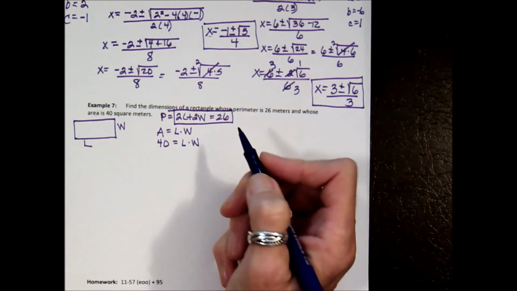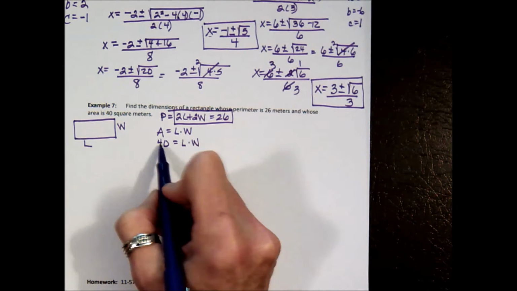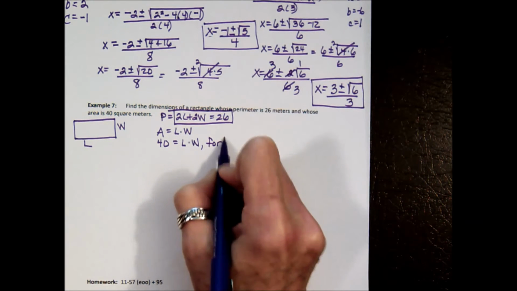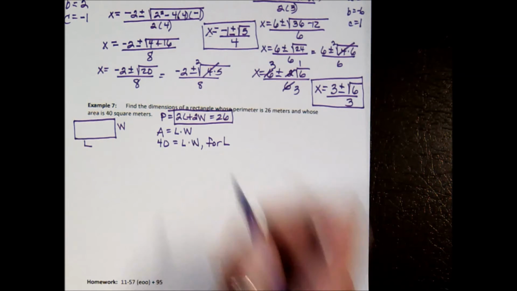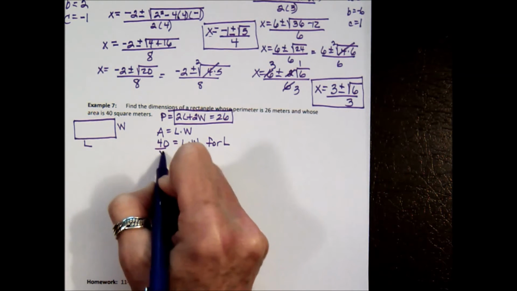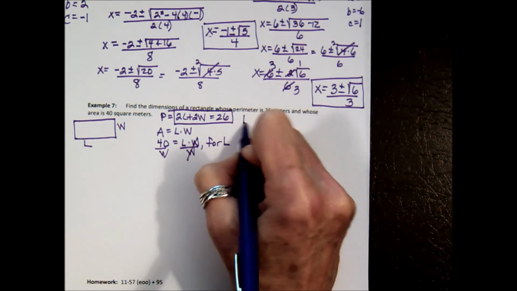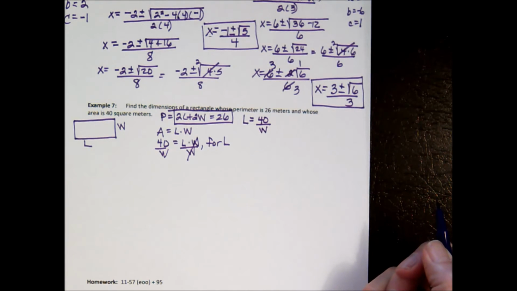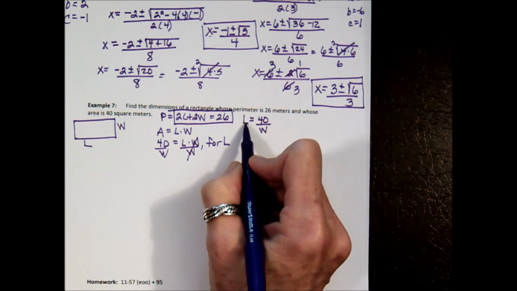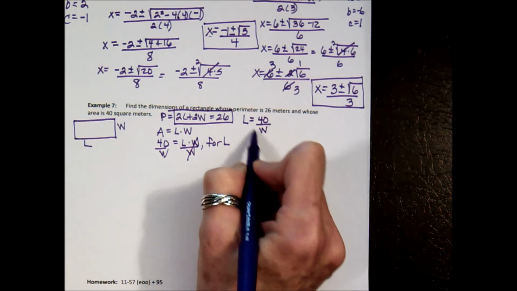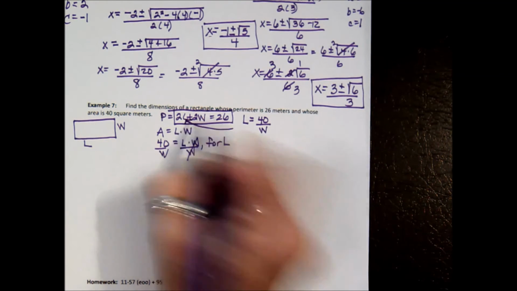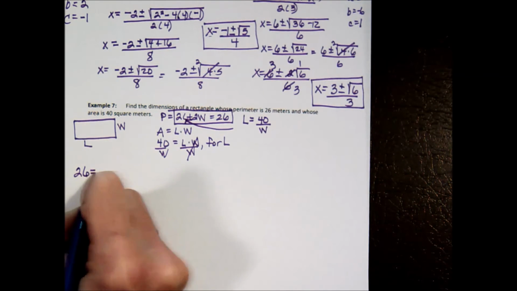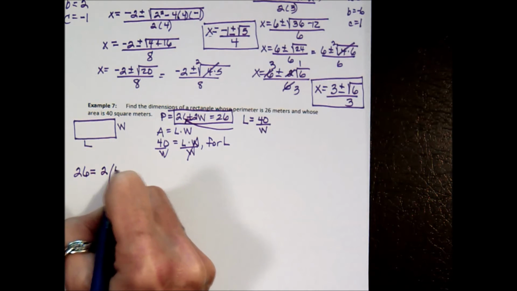Now, I need to solve this equation for either the L or the W. I'm just arbitrarily going to say I'm going to solve it for L. It doesn't make any difference. So I'm going to divide both sides by W, and I have L equals 40 over W. And what am I going to do with that? I'm going to replace this amount, 40 over W, for the L in that equation. So my perimeter of 26 is equal to 2 times 40 over W